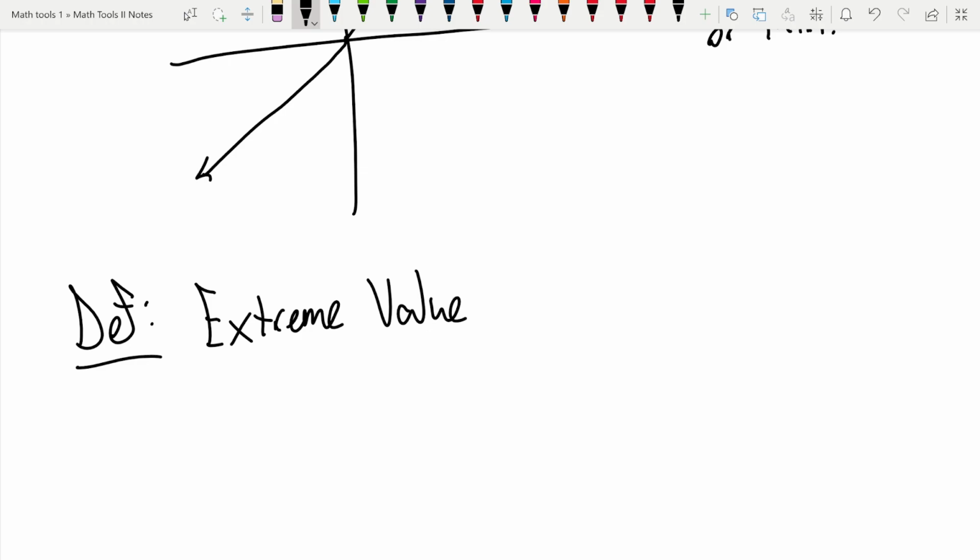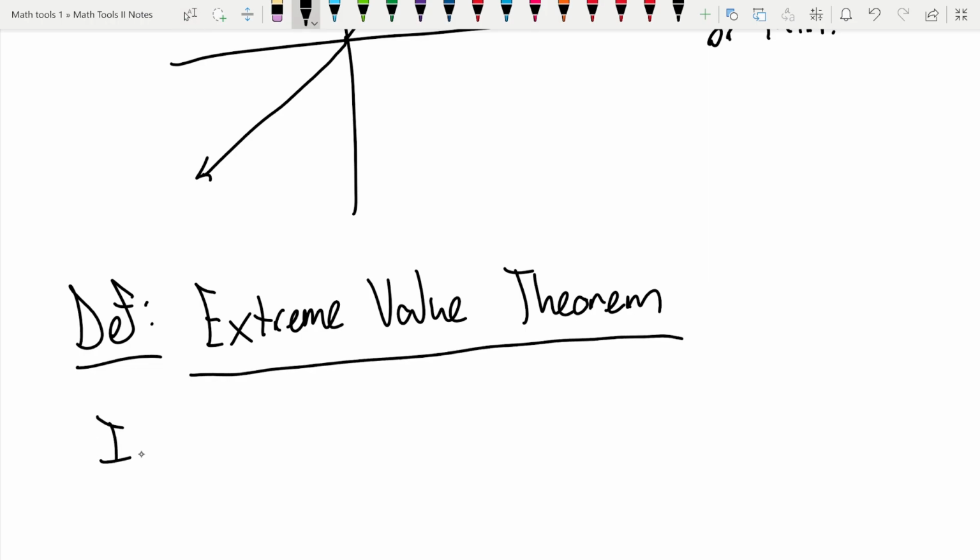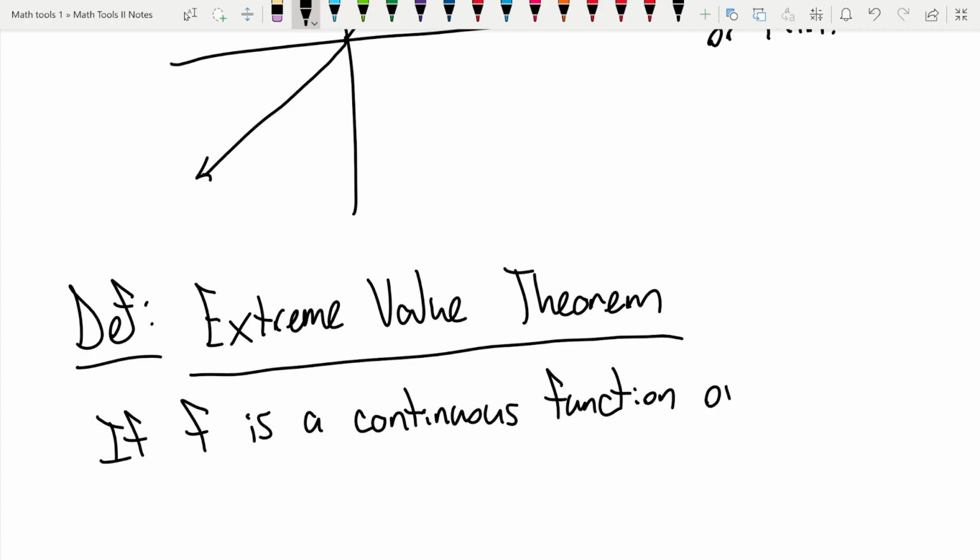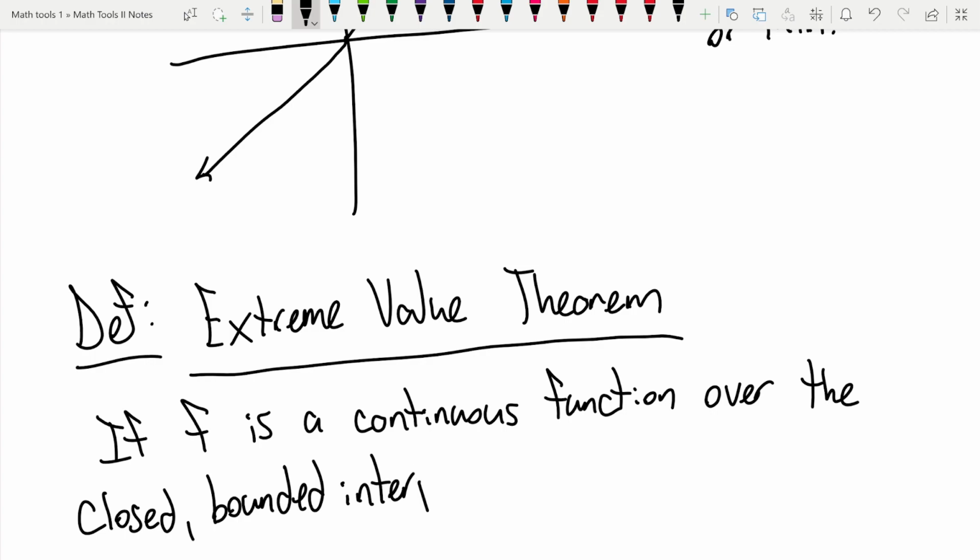It says that if f is a continuous function over the closed bounded interval [a, b], so it's closed, meaning the endpoints are included, and bounded, meaning that they're finite,